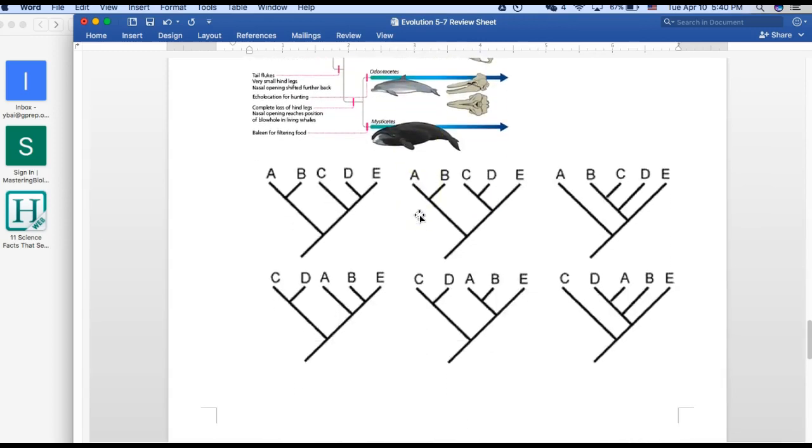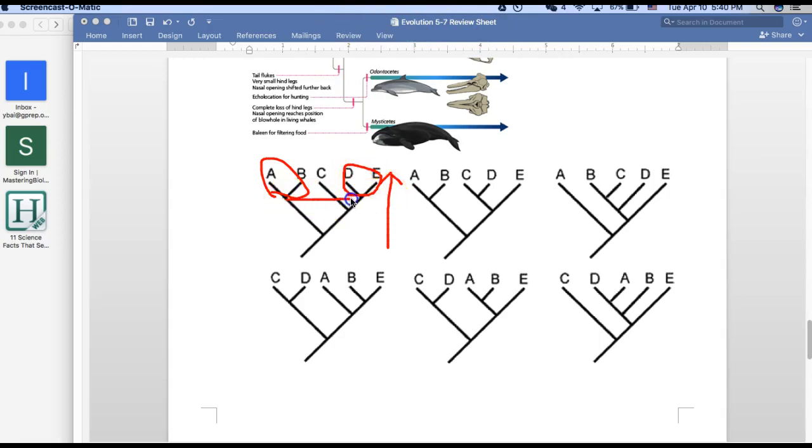Here are just some examples of other types of cladograms that you might see. You can use it as a practice. So I can do a few examples with you and show you how you can use this to practice. First off, draw a timeline. A question that you can ask yourself is, which two species are most closely related to each other? A and B and D and E can both be the answer to this one, because